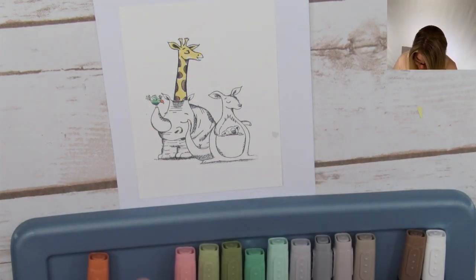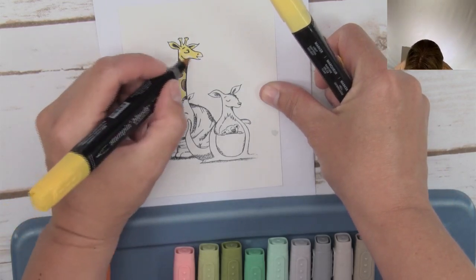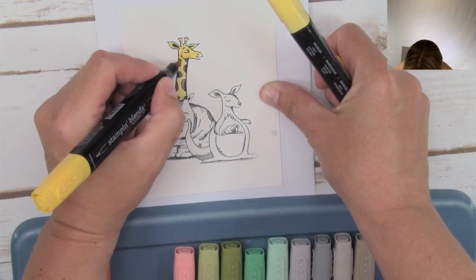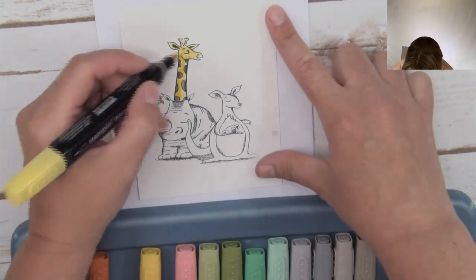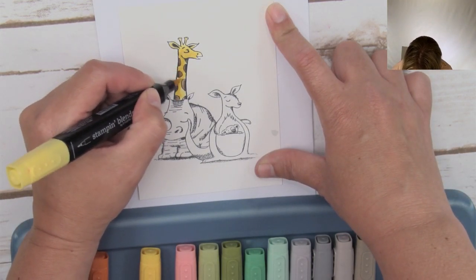I'm going to hold that up for just a second. I'm going to take the darker Daffodil Delight. Oh, you decorated a color for the chamois case. Even better for the cover of it. That's great. Love it, love it, love it. Okay, so now we're just going to blend in